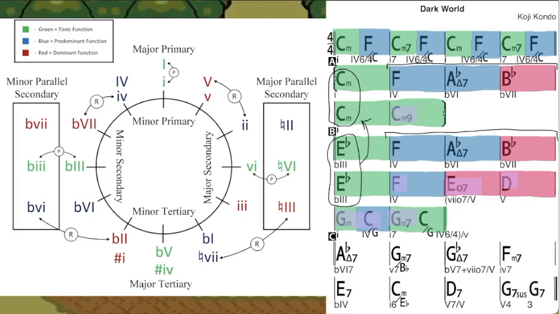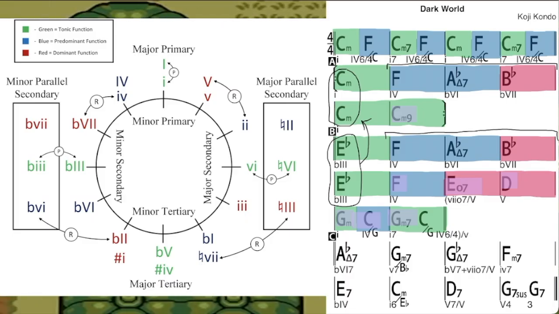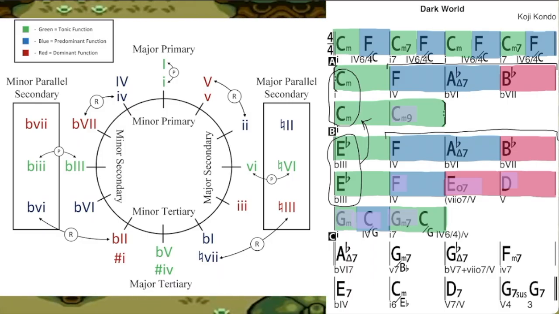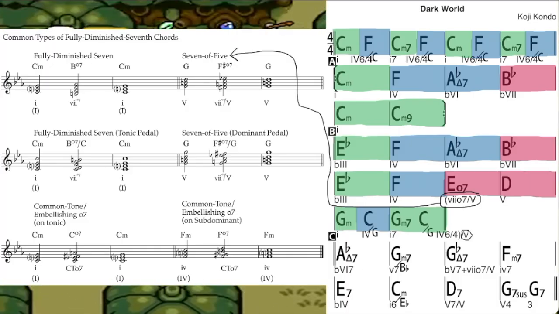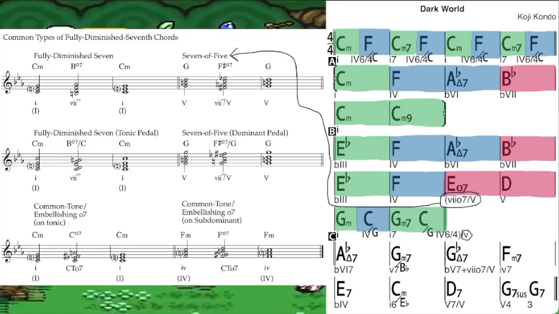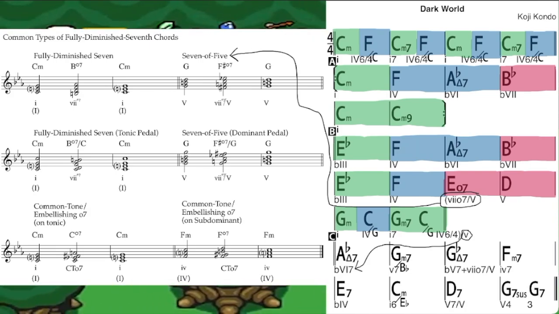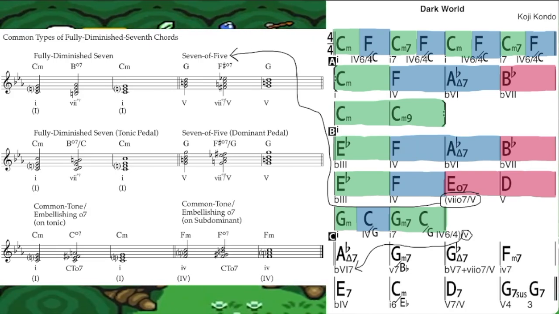So if you notice, we moved keys. We eventually got to G minor somehow. So there is this 7 fully diminished 7 chord, and in this case it's functioning as a 7 of 5, and if you notice it goes to 5, so that's pretty typical. And then we end up all the way in G minor, and then that G minor tonality